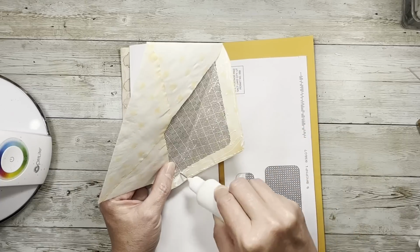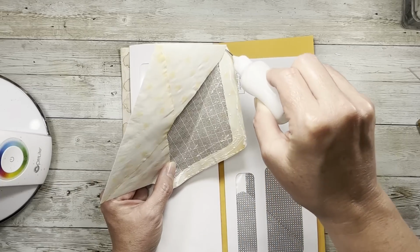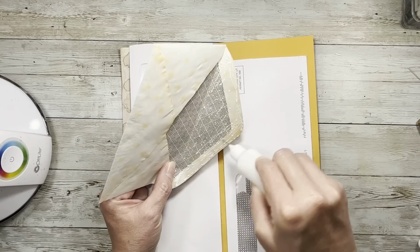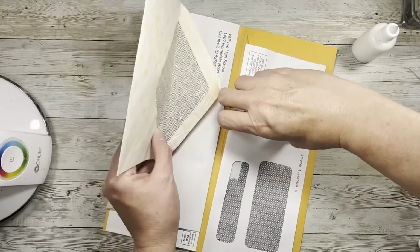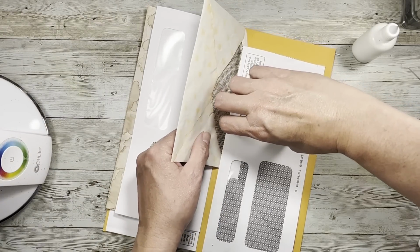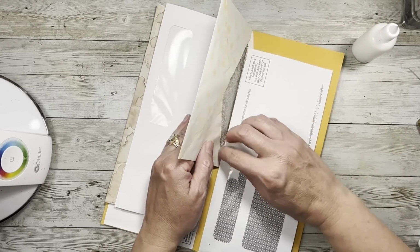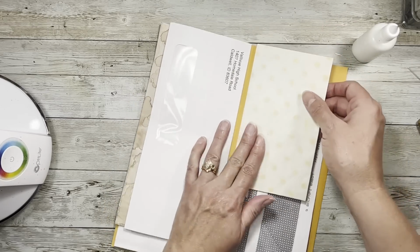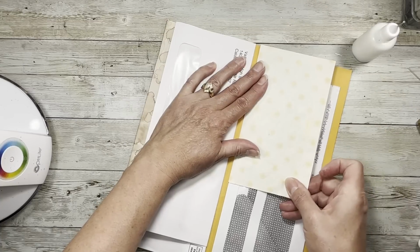I'm just using art glitter glue. I know I don't have it in the art glitter glue bottle, but that's what's in here. I like Scotch Create and art glitter glue, but there are some issues at the moment with Scotch Create. I do not know what's going on with the glue. What's going on with everything? But anyway,